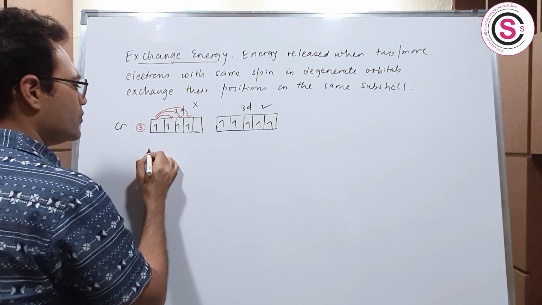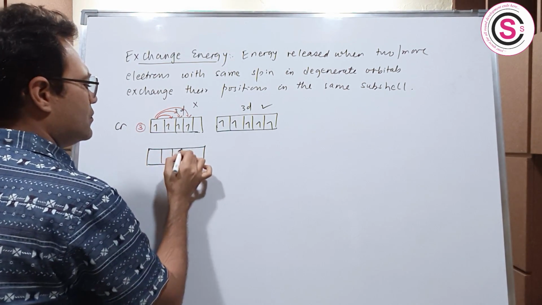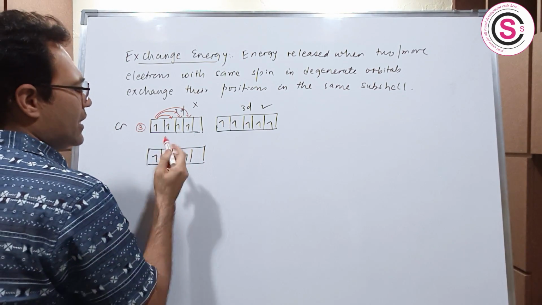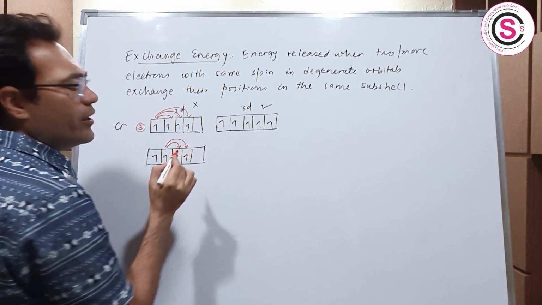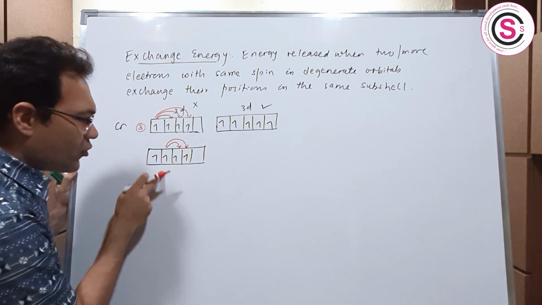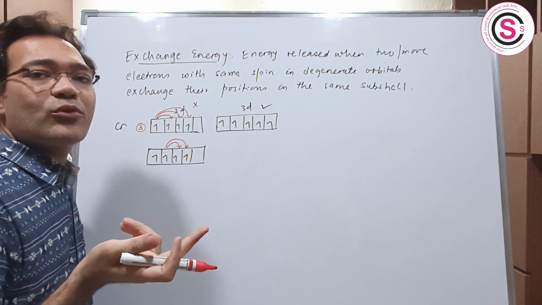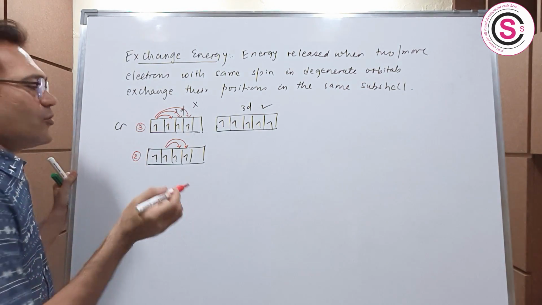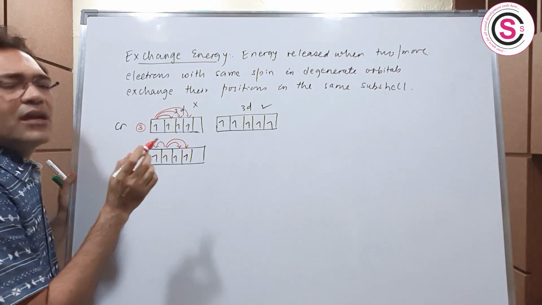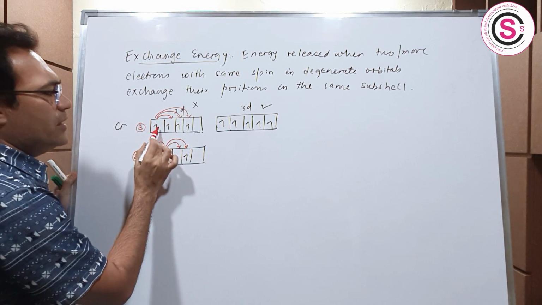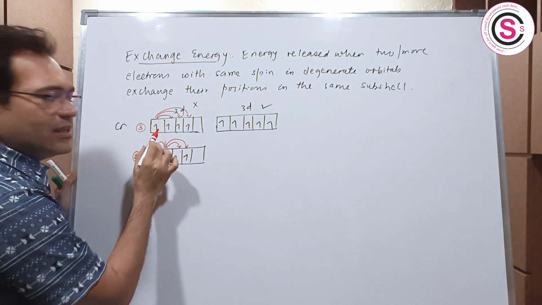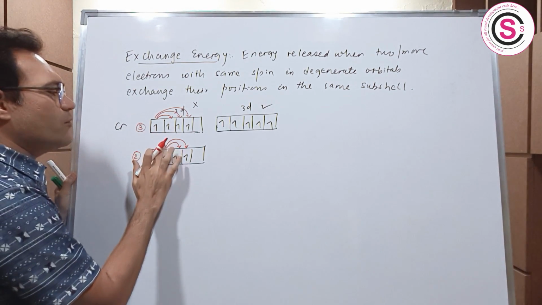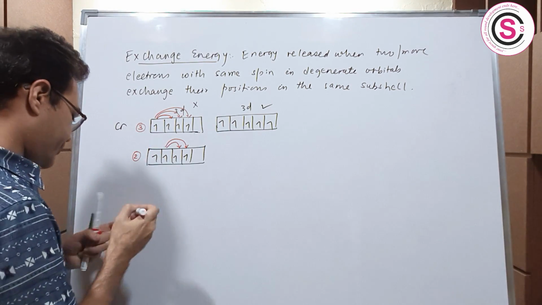Now, let us have a look at the second electron, right? The second electron, students, can go here and also here. But once it goes here, this electron will come here and there is an exchange in the positions of electrons, right? So only 2 exchanges are possible. Now if the question arises, sir, why can't this electron go here? It can go here, but it is already covered. This electron going here and this electron coming here is the same as this electron going here and this electron coming here. So that is already covered, and we will not consider this exchange.